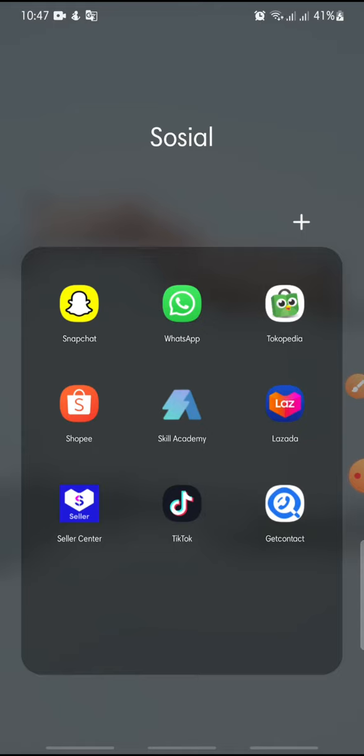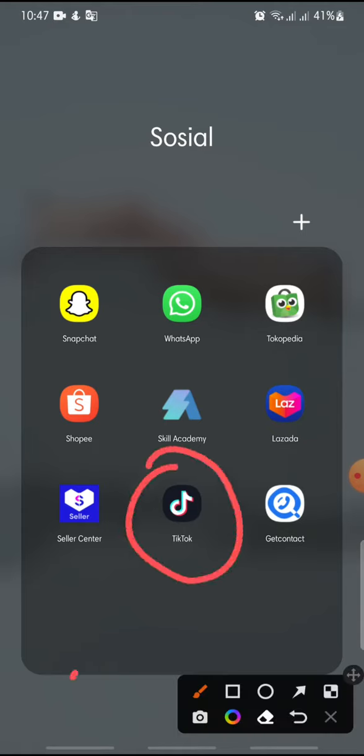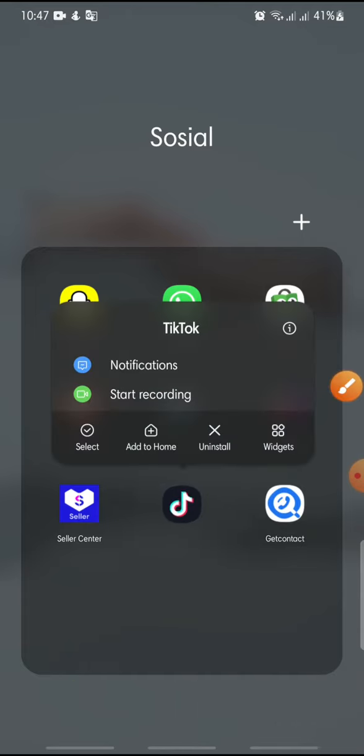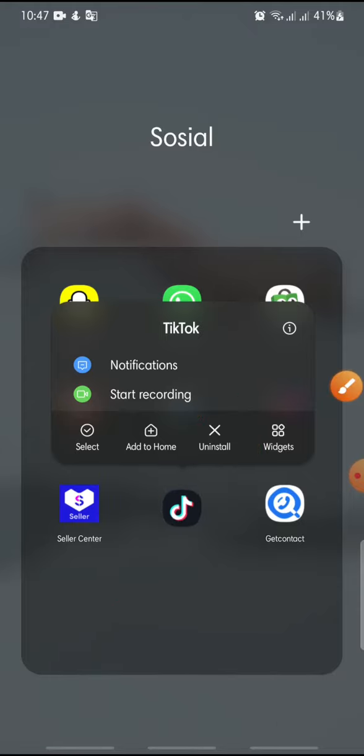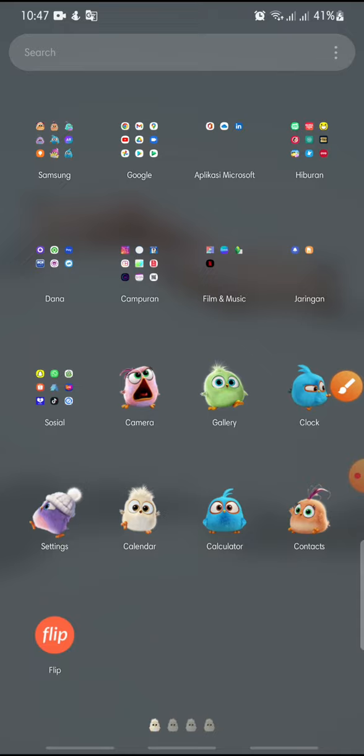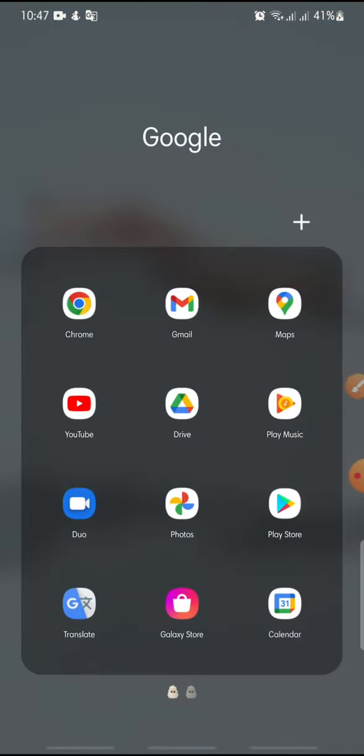First, if you want to uninstall the TikTok app, you just click or press on the TikTok app, and after this you can click on uninstall. It's so simple. Or you can go to the Play Store,